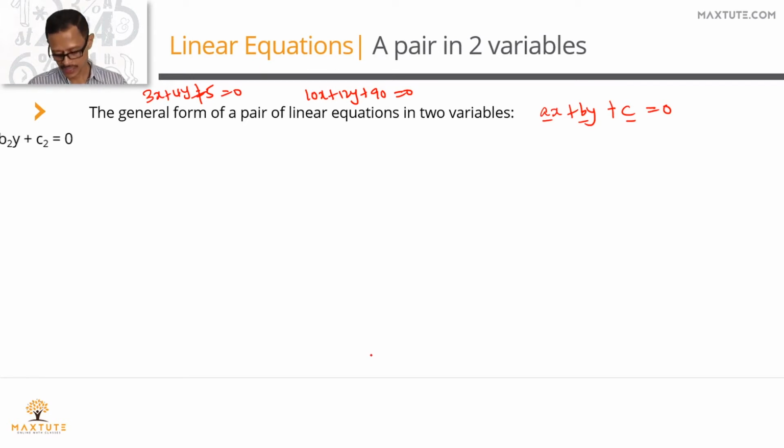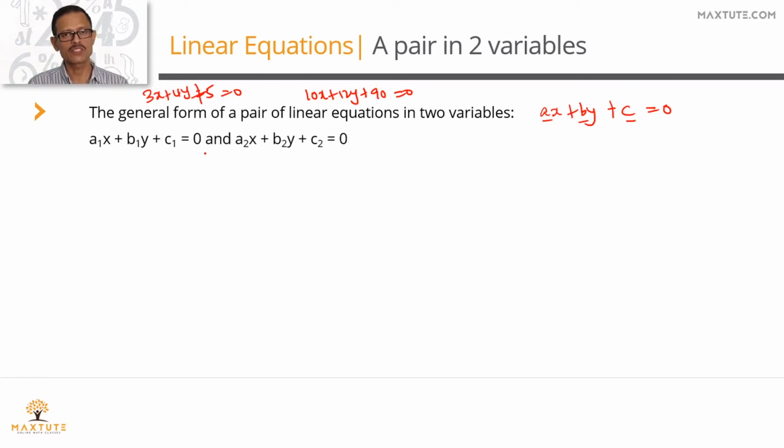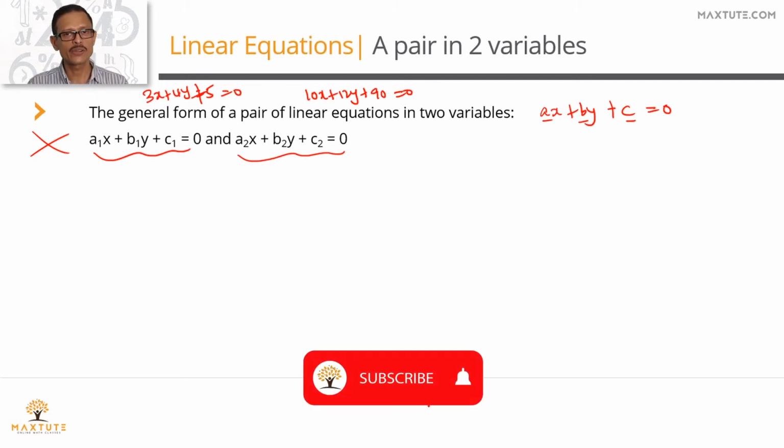So you're going to be writing them as A1x plus B1y plus C1 equals 0 and A2x plus B2y plus C2 equals 0. Now what do they represent geometrically? A1x plus B1y plus C1 is a straight line. A2x plus B2y plus C2 is also a straight line. So we'll get one straight line for this, and another straight line for it. When you look at the geometrical significance, what they will look like when you plot them on a graph sheet, you're essentially going to get a set of two straight lines, a pair of straight lines.